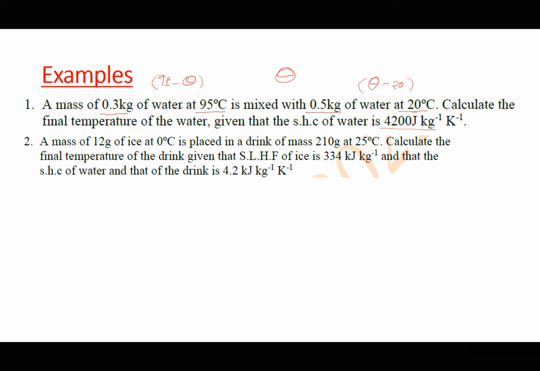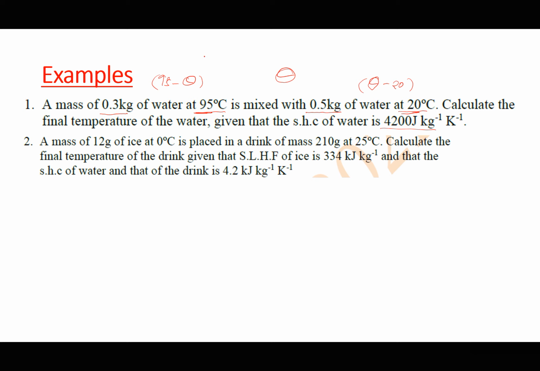Because the one at a higher temperature, its temperature falls. The one at a low temperature, its temperature rises. So that when a thermal equilibrium is attained, the temperature of the mixture is between 95 and 20. So theta is a temperature between 95 and 20. It is lower than 95 but is higher than 20. So we shall say,